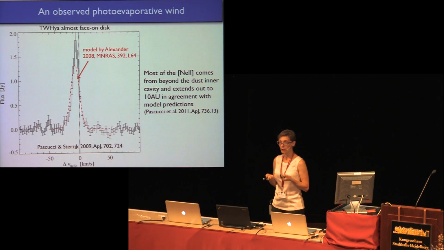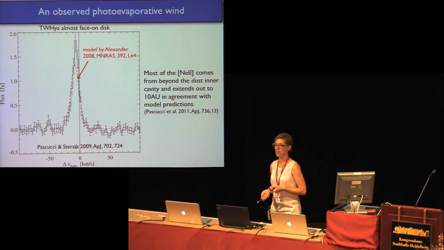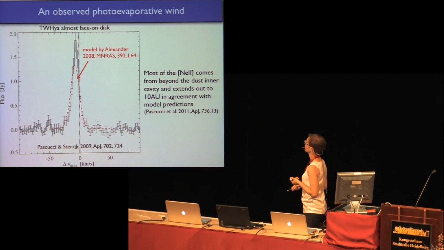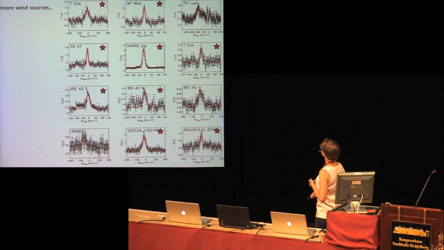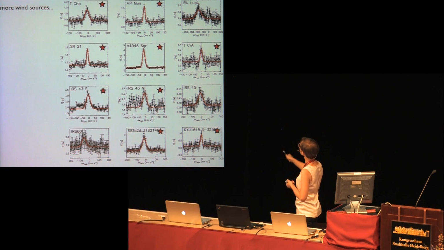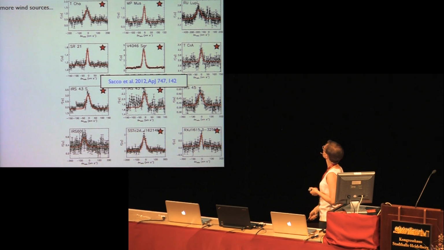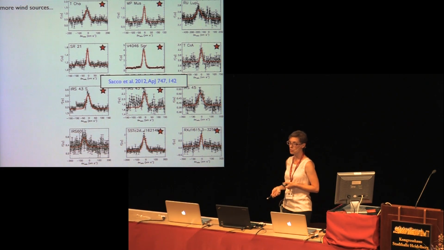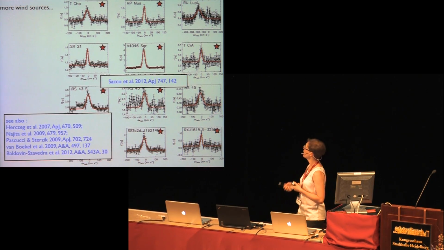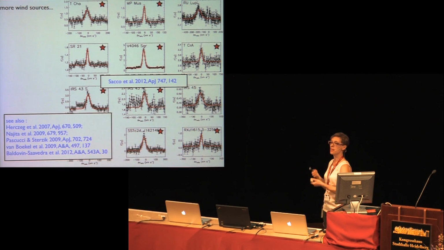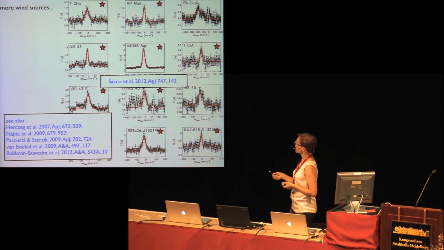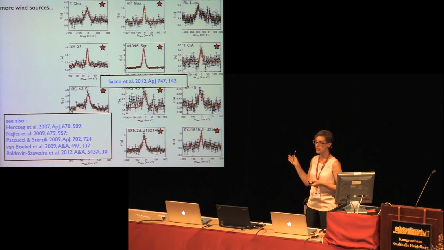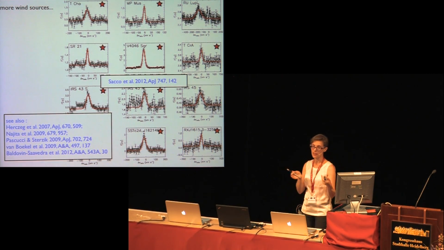Now, I want to tell you that actually this is not the only good case for photoevaporative winds. There are several others. And this is from the work of Sacco and collaborators, which I luckily could also contribute to. So these objects with red stars are very good candidates for photoevaporative winds. They have profiles that are slightly blue shifted. And there is by now a good number of papers that are presenting a few other candidates, as well as discussing how to discriminate between photoevaporative winds and an outflow